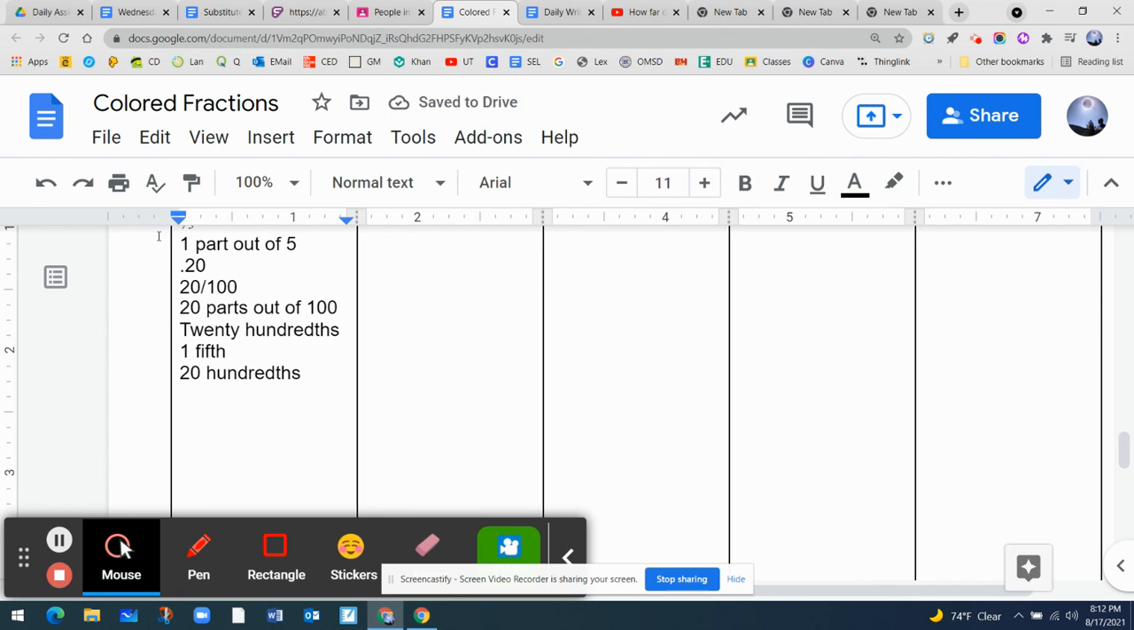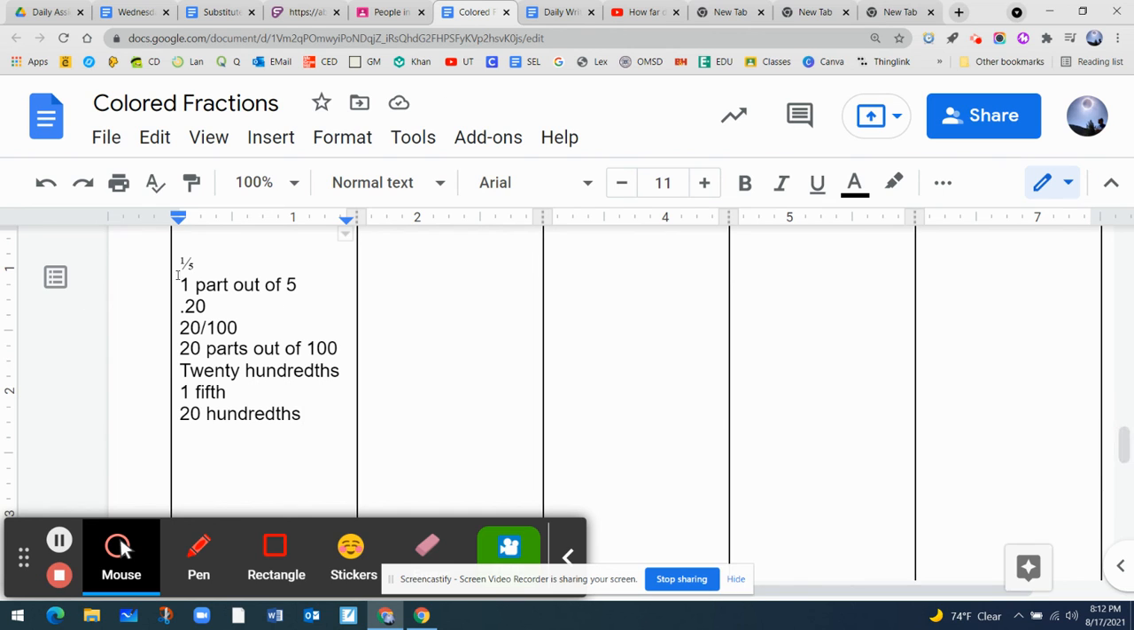Now, remember, we're going to give this a white background. So we're going to select all these letters here, and we're going